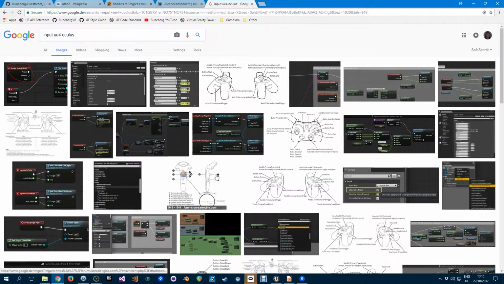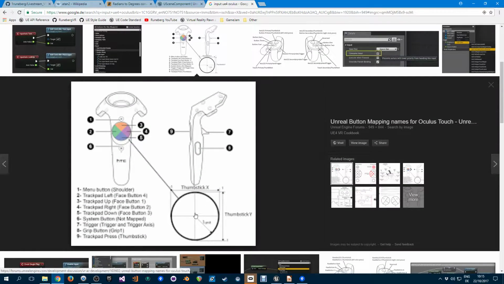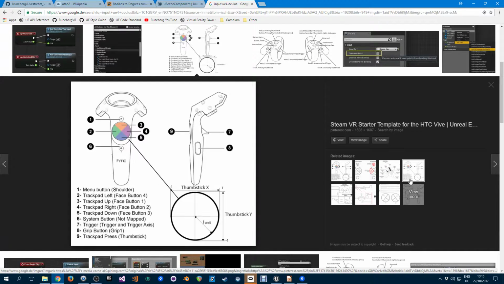We could use either the Oculus or the Vive, it doesn't matter. It's a bit of a hazy version. Is there a high-res version? Yep, this one. So when you move the thumbstick here,